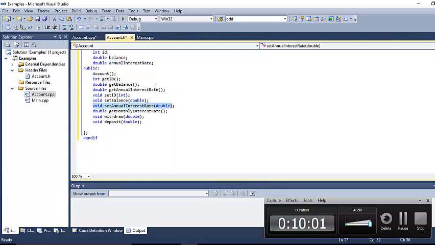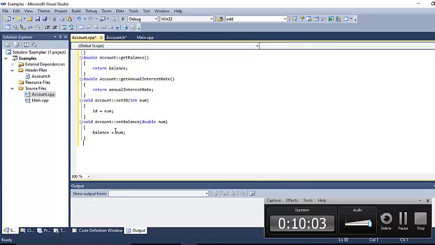Okay, just going to copy this one. Put in the variable name for whatever you're passing in, and our annual interest rate is going to equal our num. Okay,